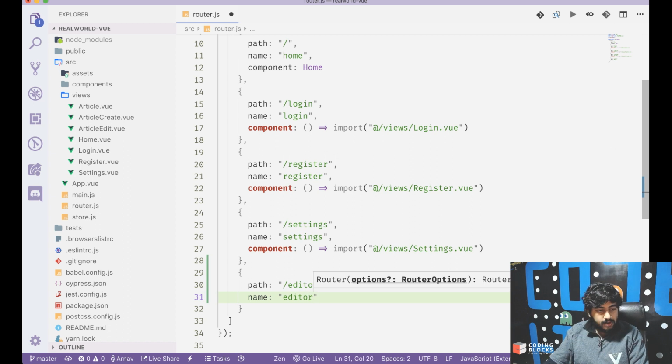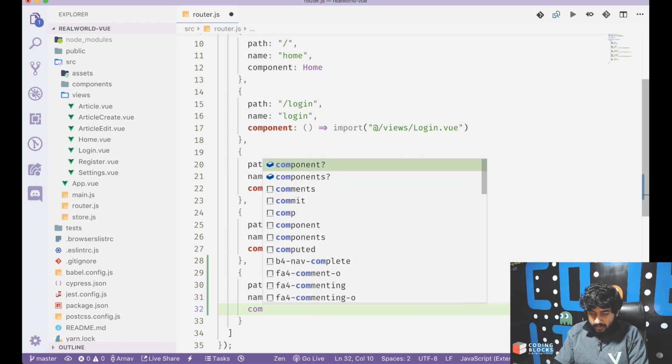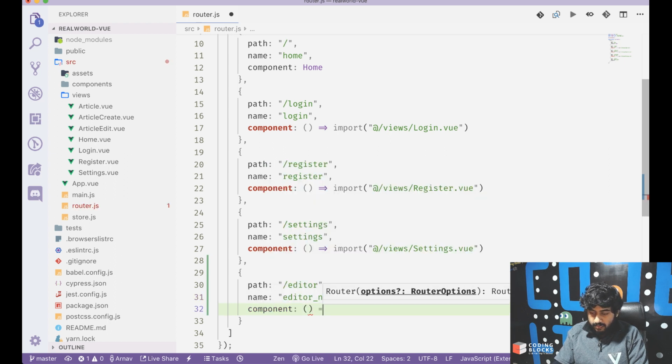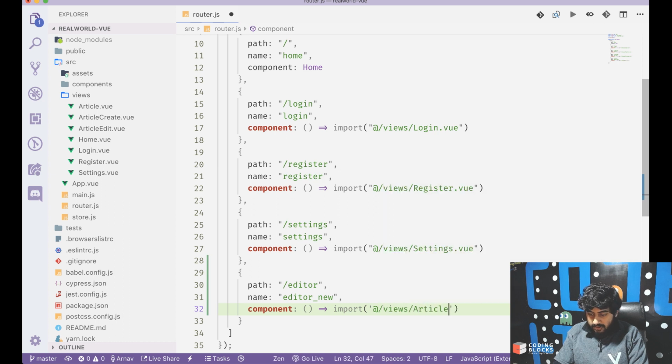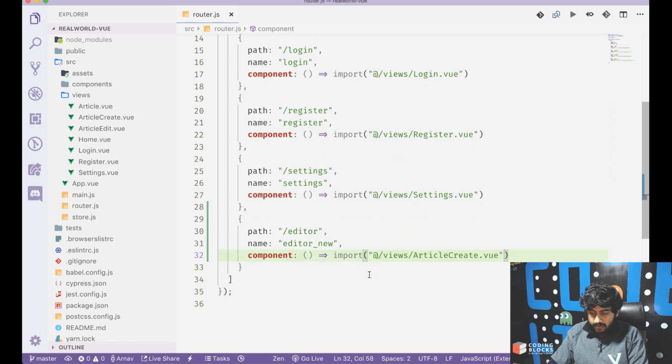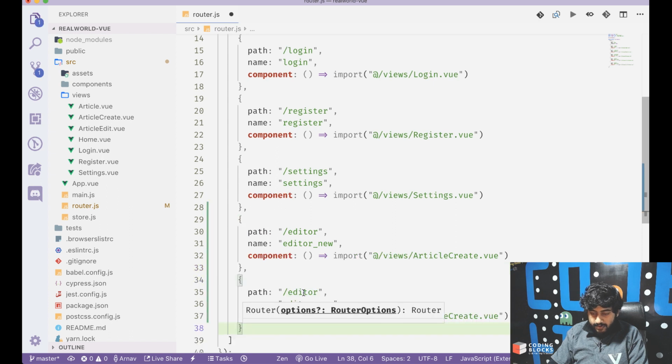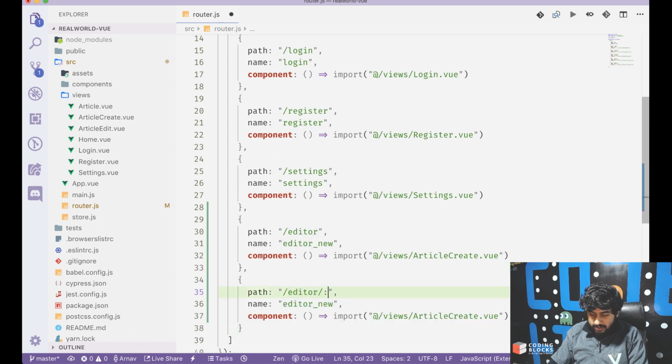So I'll just name the route something like editor new, and the component in this case would be views slash article create dot view. Okay, and we have got another path somewhat like this for editor slash article slug. Okay, so that's to take care of